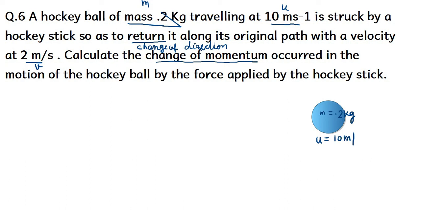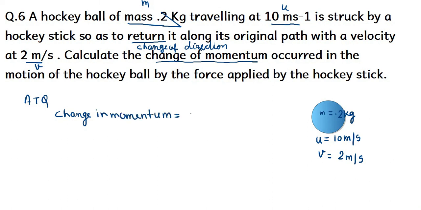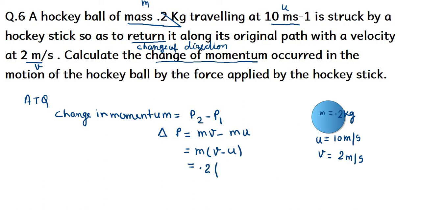Okay, the ball over here is shown, u and v are given, initial and final velocity. According to the question, we can write change of momentum. Change in momentum. How can you write, student? Clearly p2 minus p1 is the change. Either we can show it by delta p. P2 can be written as m into v minus m into u. We can take the mass of the object common. Now v, what is v? V is 2, but I am placing a negative sign over there.